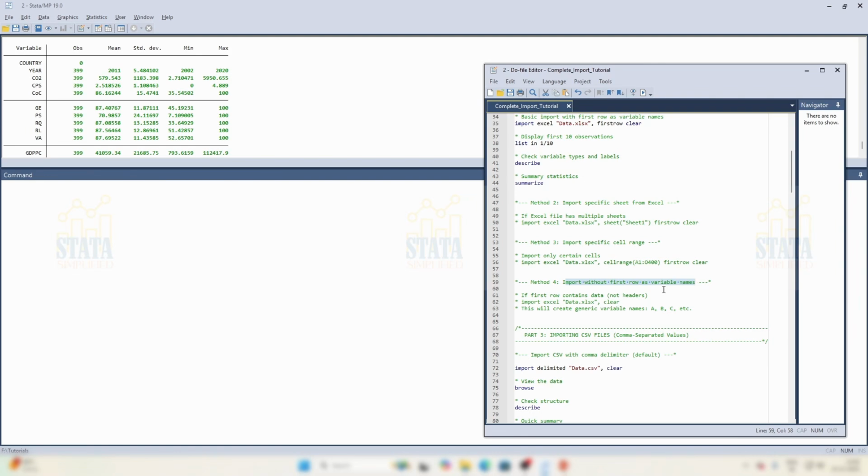Now, by default, the first row in any Excel sheet contains the variable name. Suppose you don't want to import that particular row. Or the other scenario is your data does not have any header. It's all data. So what you do, you simply write import Excel